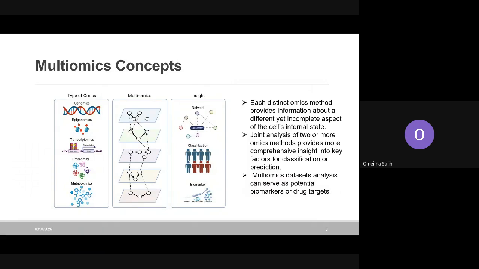a certain type of tissue or cell, or a certain type of protein. We might be studying a protein from its gene level up to its interaction level. So you need to study different types of omics, to combine data from different omics approaches, from genomics up to proteomics or metabolomics. And then you study the interaction between these different layers, or the different data sets, and this gives you more insight about the network, or how the pathway of these